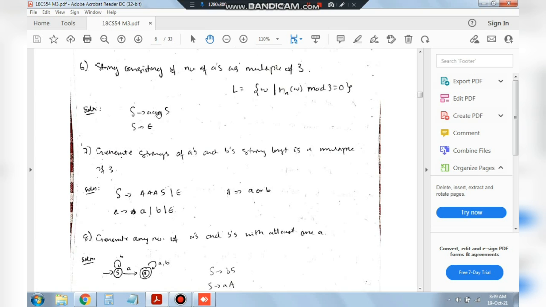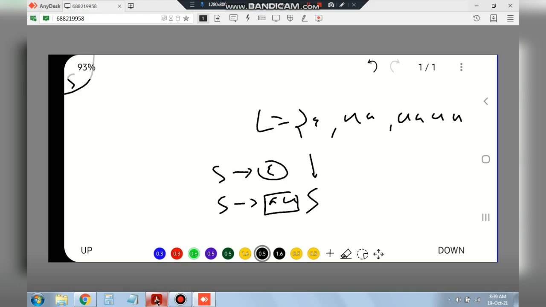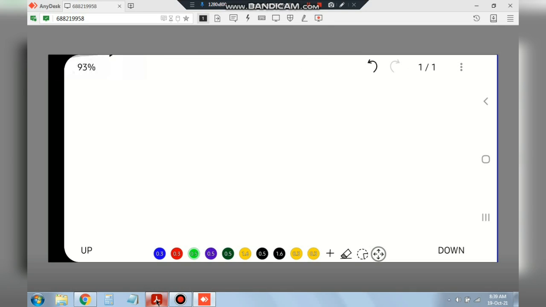Here what we did, if it was A, we have written A and S, right? But now we have either A or B. Okay, let me explain here. Previously we had a multiple of 3 as A, right? So we wrote AAAS. So now what we have is A or B, meaning each of these places can be replaced with A or B, right? Both possibilities are there, A slash B, A slash B, A slash B. So each of these places can have either A or B.